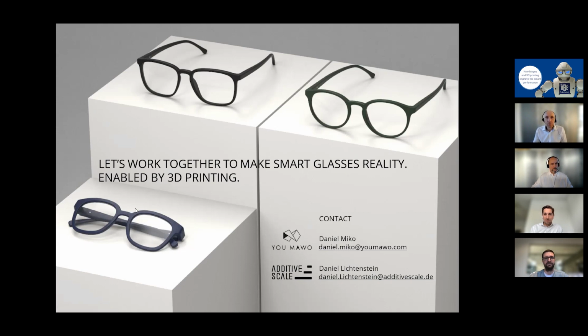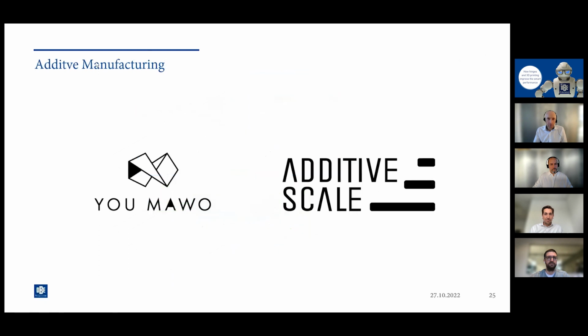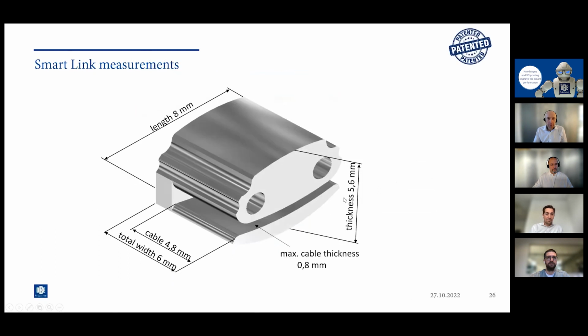So thank you very much for the part of UMAVO and the additive scale. Continue with the OBE part, and let's go in the small world of the SmartLink again. Yes. Let's go back to the Smart Link and discover some extra features which are